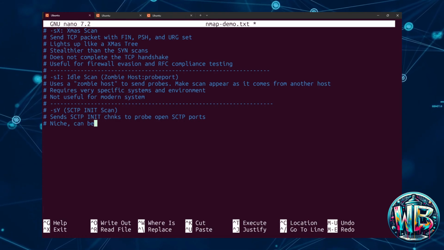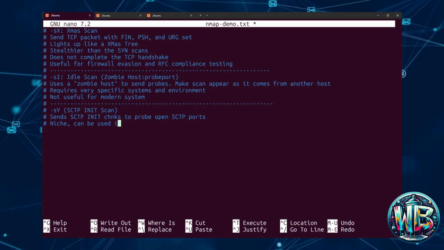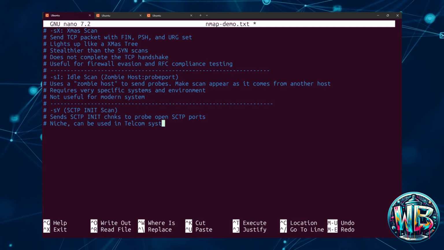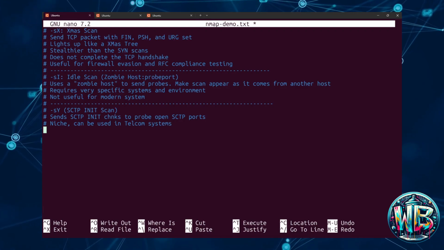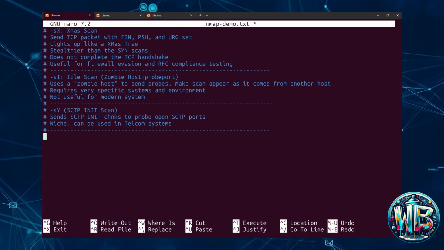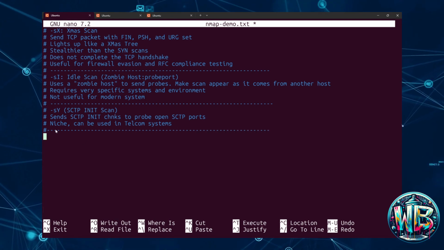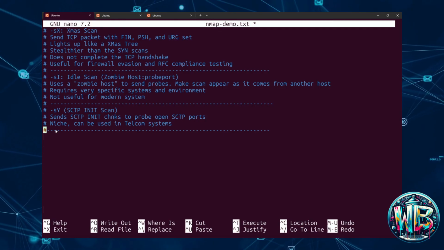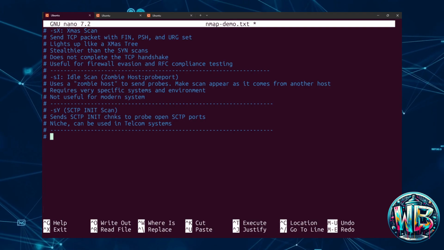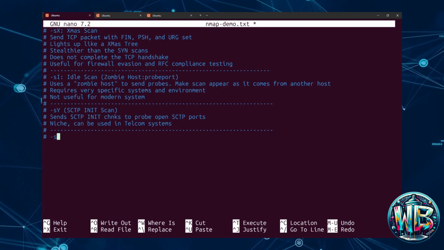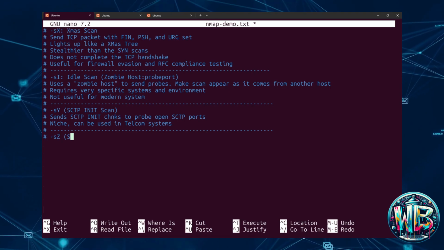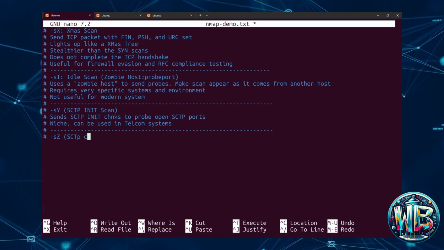Can be used in telecom systems. All right, so we're going to skip over that one as well. Again, there is one more that I want you to at least have an understanding of, but I don't think you're going to be using these too many. Never say never, but there is also a lowercase s and an uppercase z. And this is another SCTP scan. This is the SCTP cookie